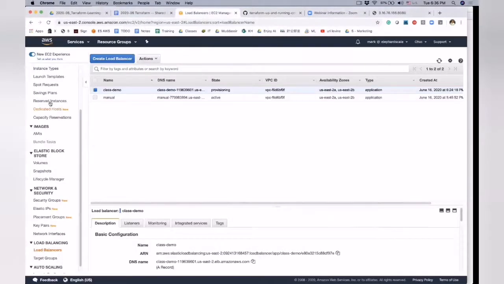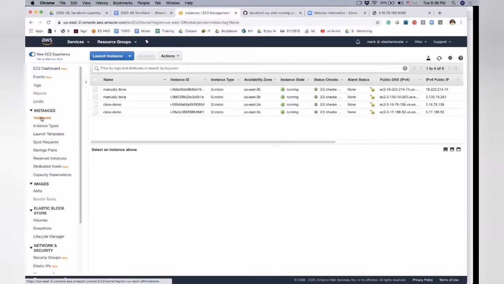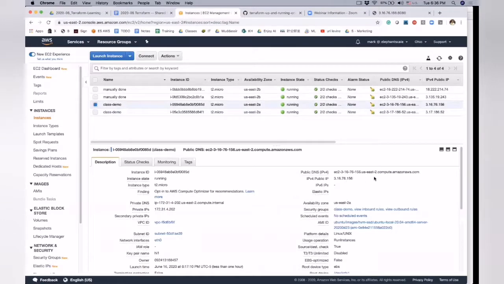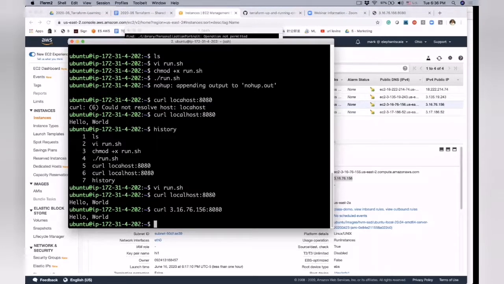I can go here in the instances and find one of them. I hope it will be the right one. That's this one. And now if I say curl and give me that URL on 8080, let's see what happens. Same thing, right? So it really is working. It's giving me the response. That was your question, right?